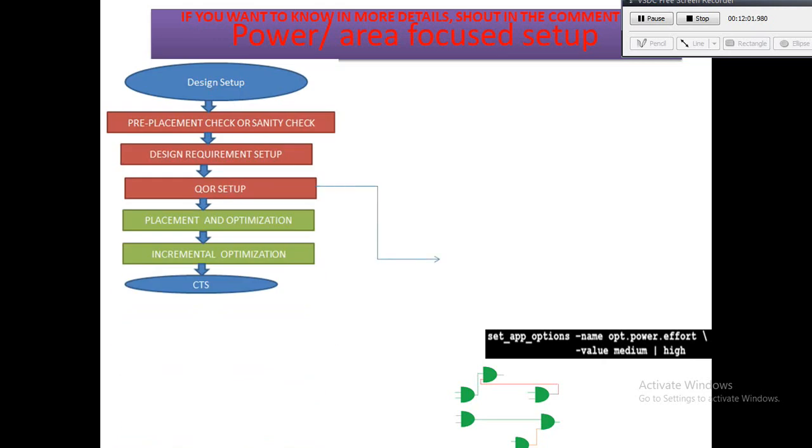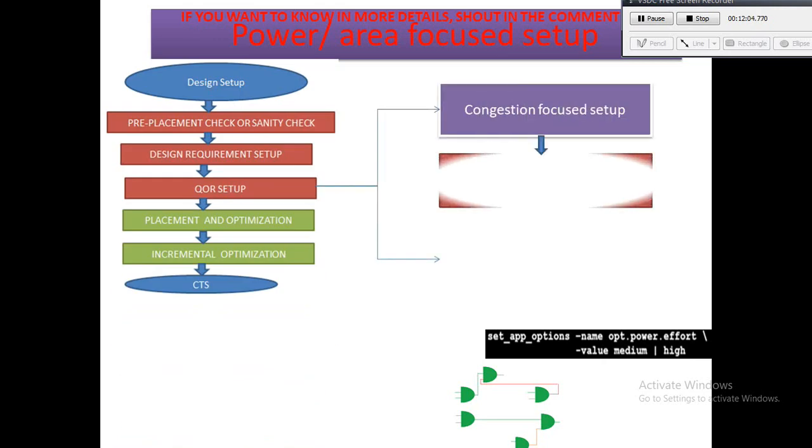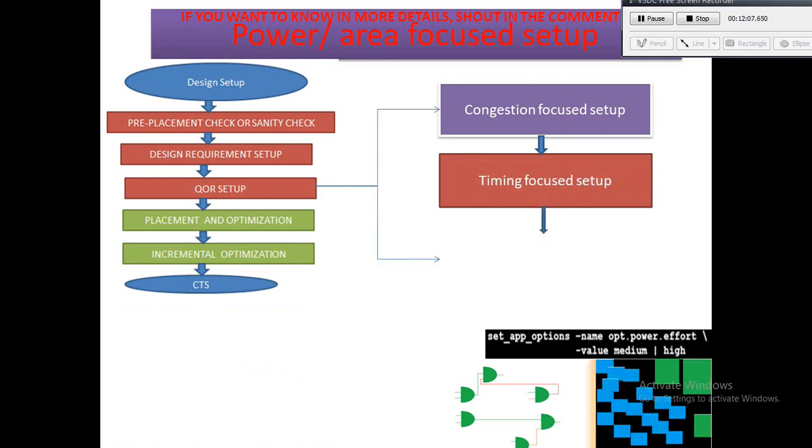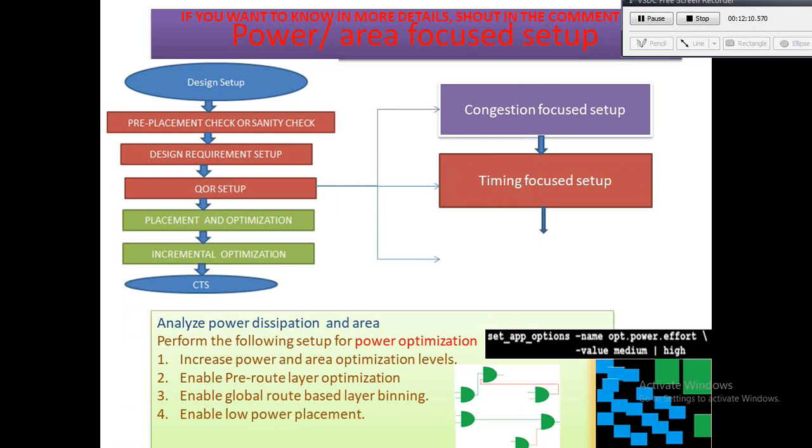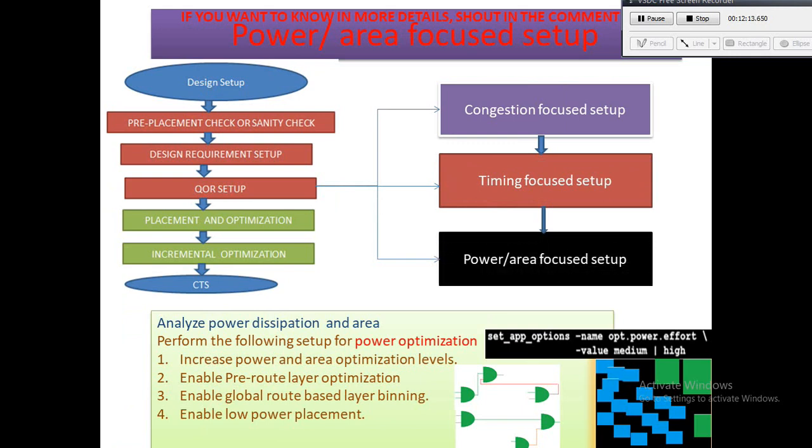So if your congestion is acceptable and we are more concerned about power or area, we will do the following setup given in the slides. The main command for reporting power is report_power, and to find the cell count and area, it's report_area. By default the power optimization effort is low. The trade-off is, if we set the effort to high in power optimization, then TNS and area will get worse because it will swap in less leaky cells, and by default area optimization is also low.